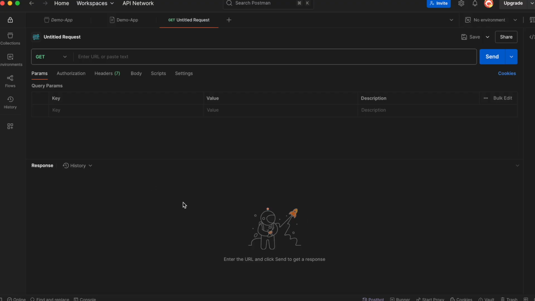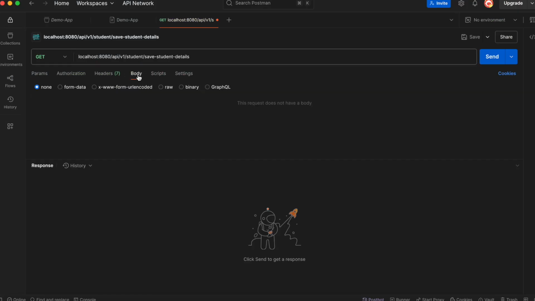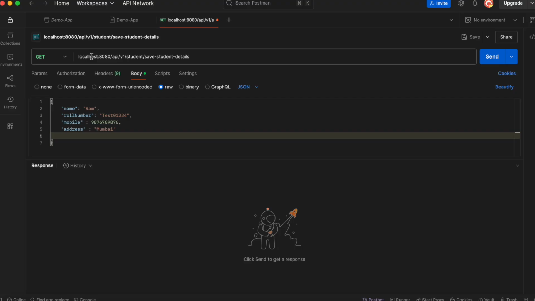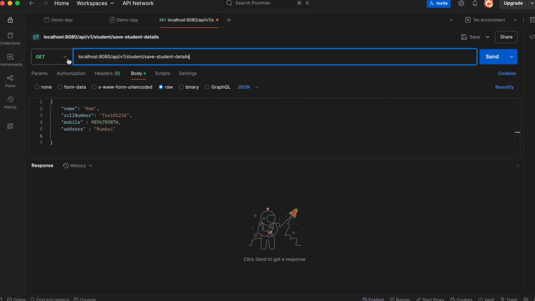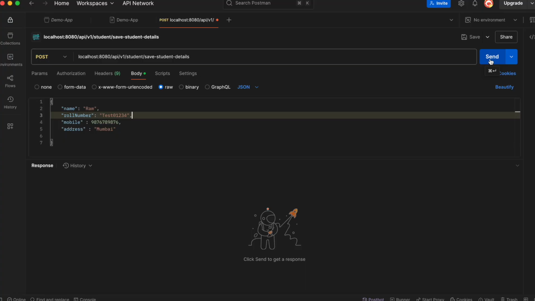Now we have opened Postman API to start testing our applications. As we know, we already have this API details, so let's copy it from here. Now what is required, these things are not required in the body, we need to send the data, right? So now we have this request body ready, and we have this API details, and the request type we have to set to HTTP post. Then we will hit this send button, and we'll see whether these details are getting saved or not.